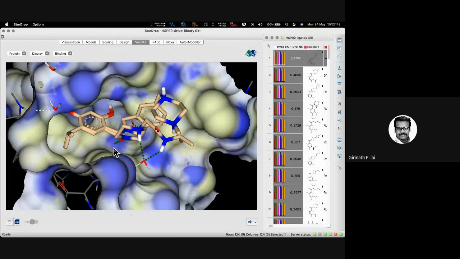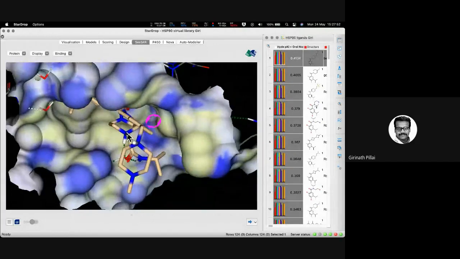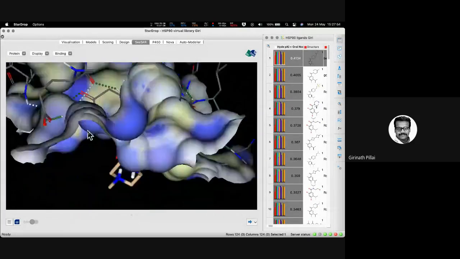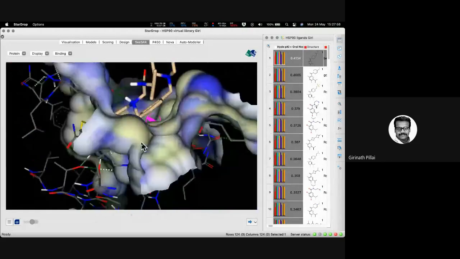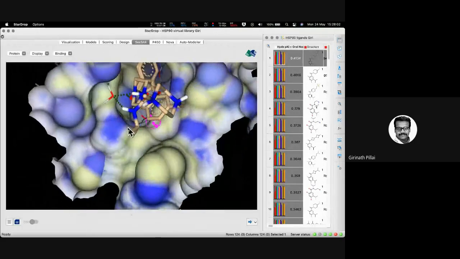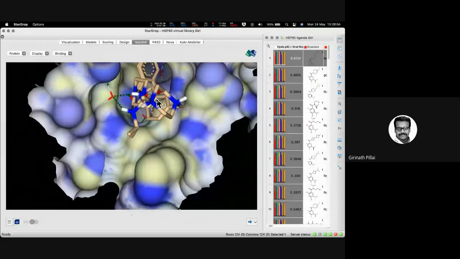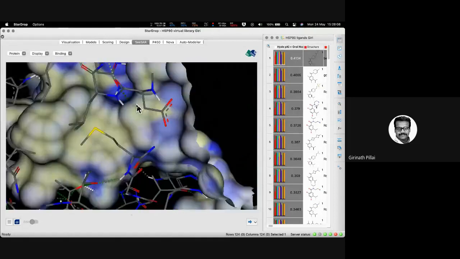This is a specific objective, right? It is not the same for everybody when you're working on it. So you have to see where the empty spaces available are. I can see some empty spaces available here, right? I could see here, in this place also, I have an empty space available. Simply don't put long and lengthy rings and all, because that will again be an issue, because it might not interact with whatever interactions you're expecting.